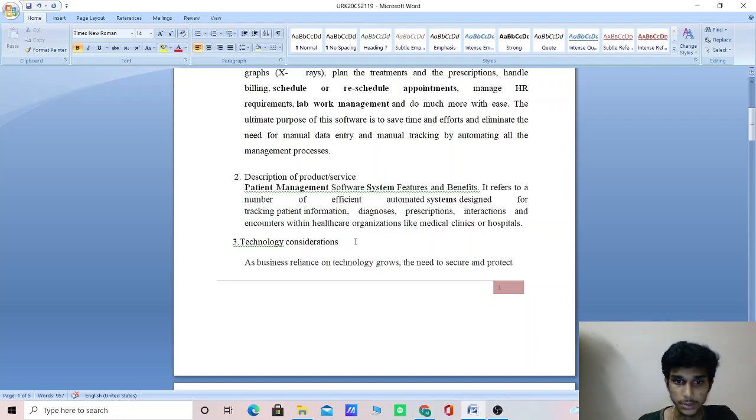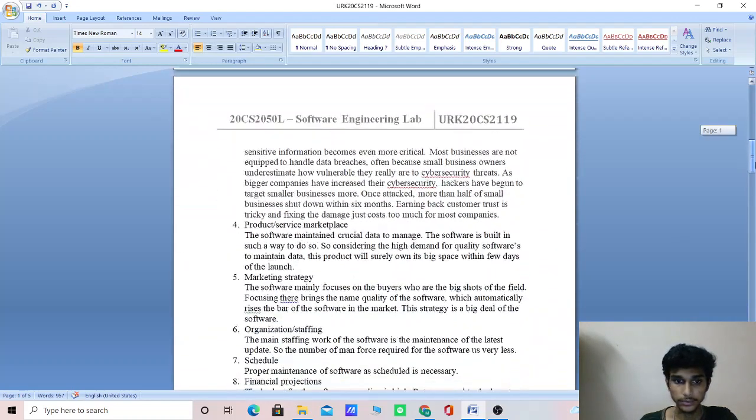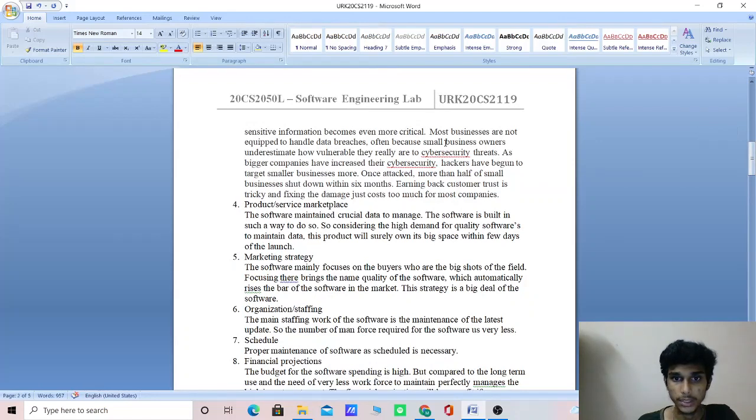Technology considerations. As business reliance on technology grows, the need to protect sensitive information becomes even more critical. Most of the businesses are not equipped to handle data breaches. Often, small business owners underestimate how vulnerable they really are to cybersecurity threats.